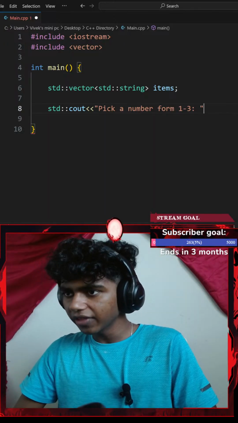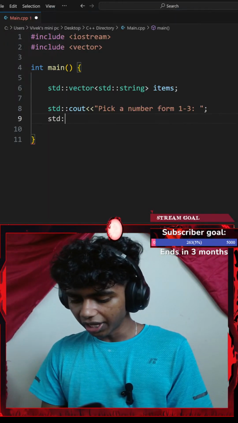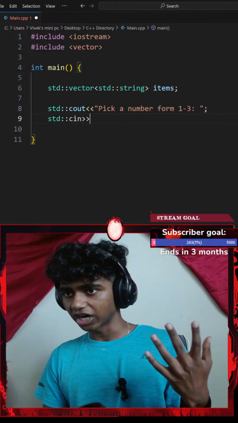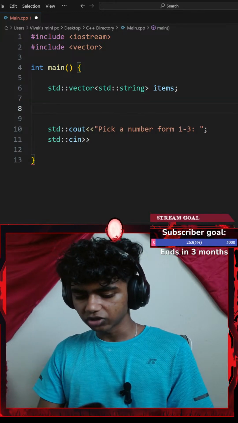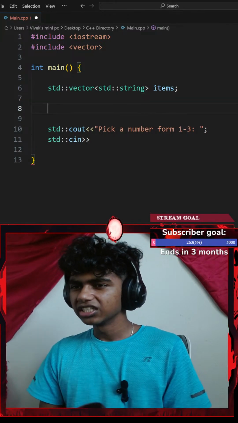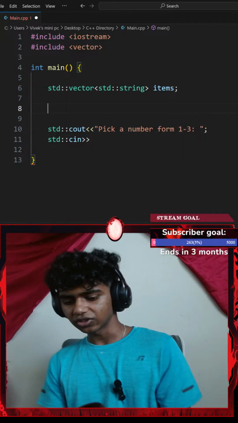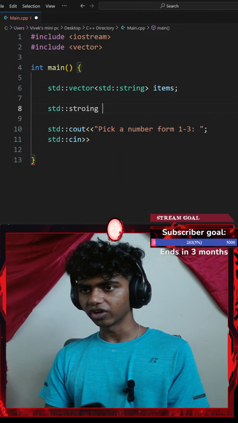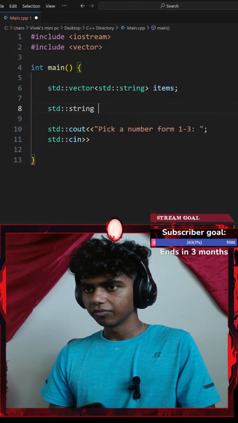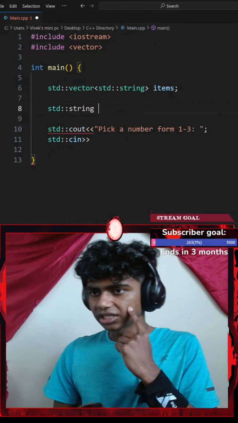Okay, perfect. I will end that with a semicolon, and then let me add a standard console input with an extraction operator. I want to extract my items. This is where things are a little confusing. I'll go with a standard string. I can't go with a string though, because switches are incompatible with strings. I think I could try.